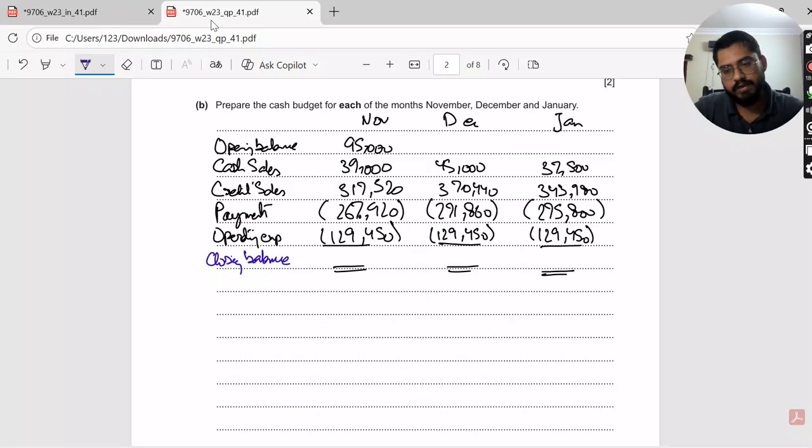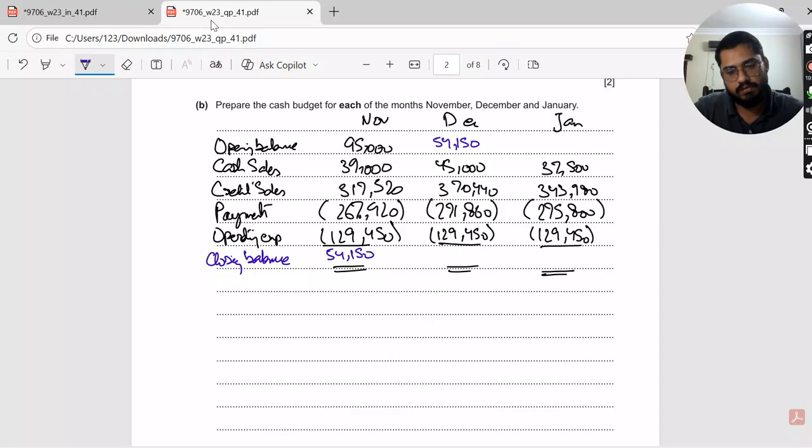So it should be 95,000 plus 39,000 plus 317,520, minus 267,920 and minus 129,450. So this comes up to 54,150. This will be the opening cash balance for the month of December,